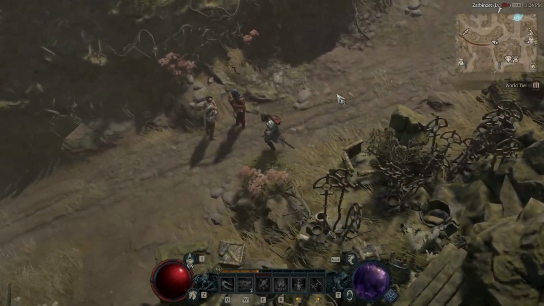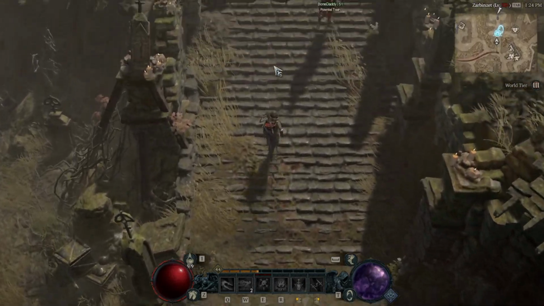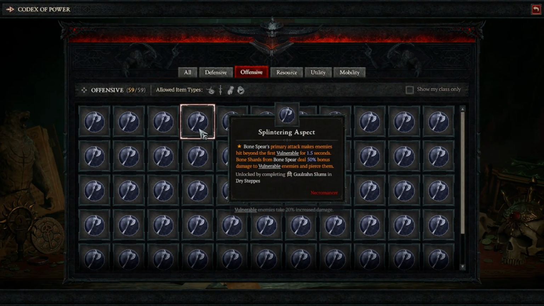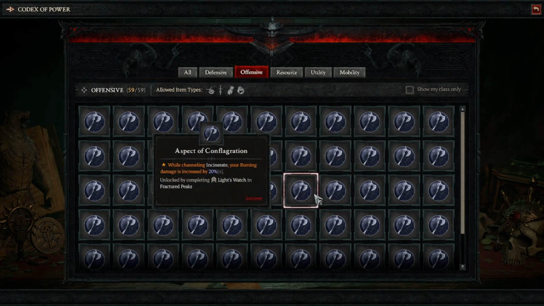Because two-handed weapons roll very high DPS, you're able to go like an Upheaval build or a Hammer of the Ancients build and imprint the aspects for that class. So let's see. For example,